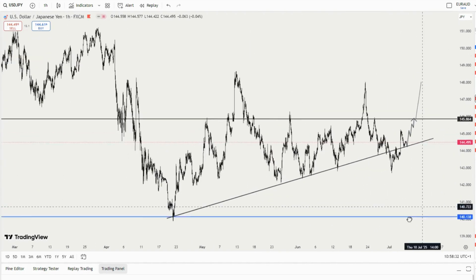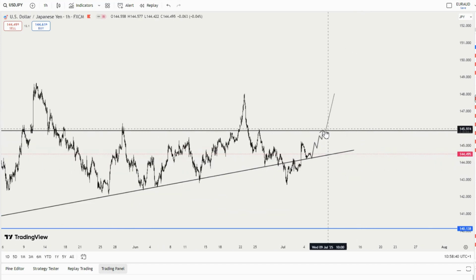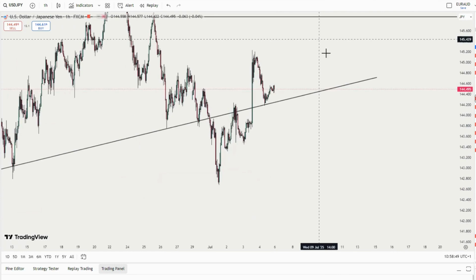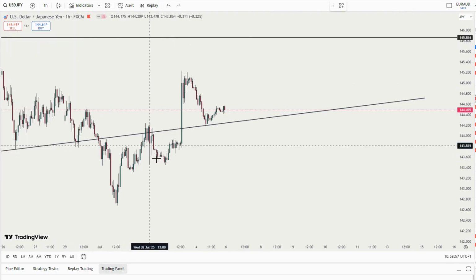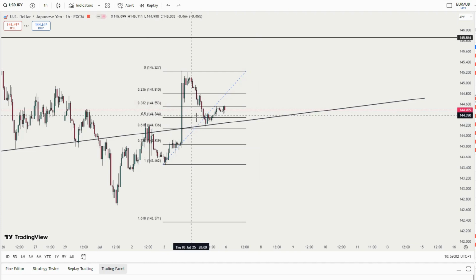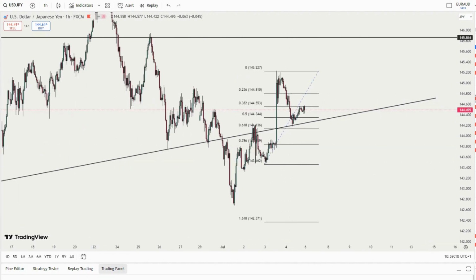So because we saw these fake breakouts around this area and price now came back, and then we saw the rejection. If you zoom in further, let's just do a small thing around this particular area. This is the low and this is the high respectively. So from the low to the high, you see that price rejected in the middle of 50 and 61.8 Fibonacci retracement level, which means that we might be looking for a buy bias.